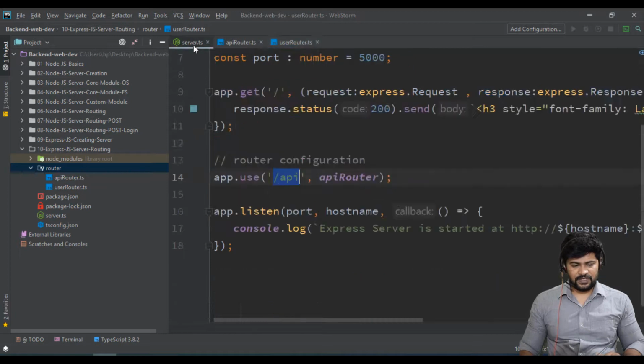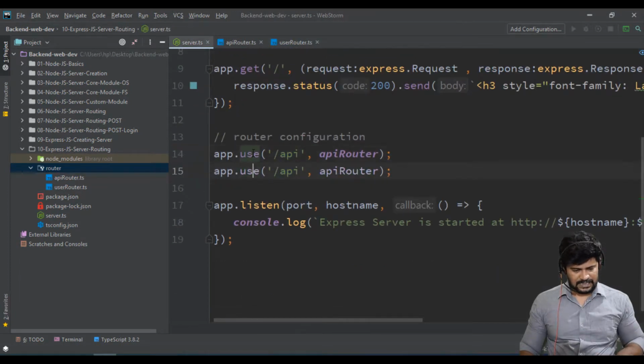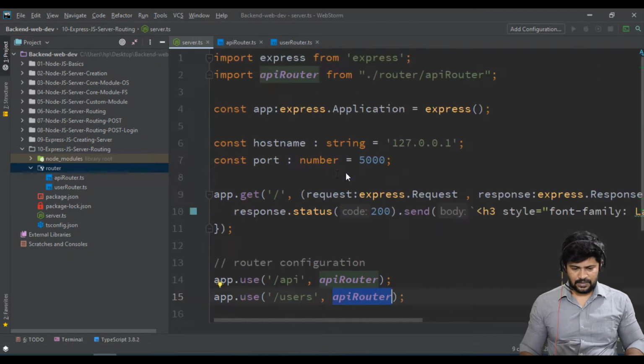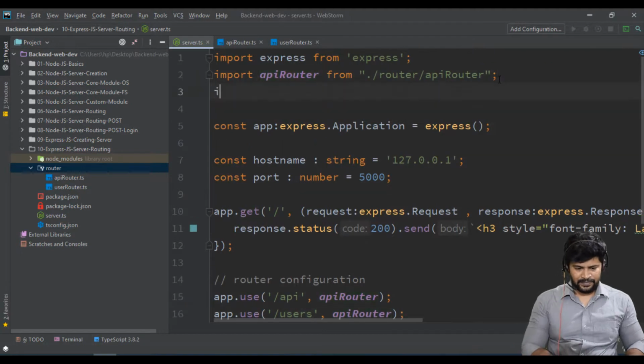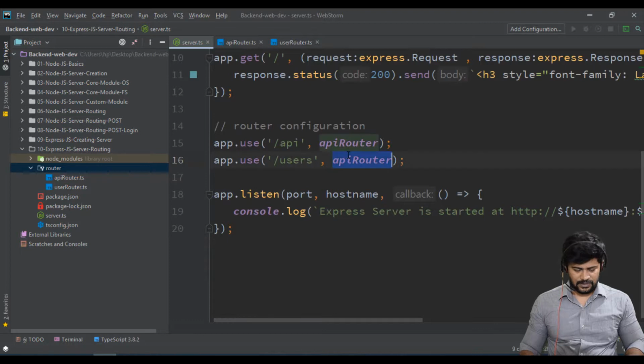So how you configure user is here. Let's make slash users, user router. Let me import it. So import user router and let's use that user router here. So what happens when user router starts working?